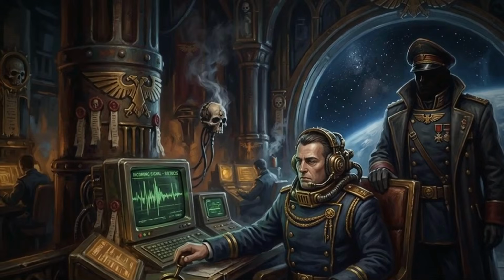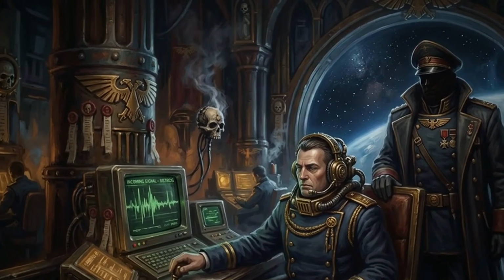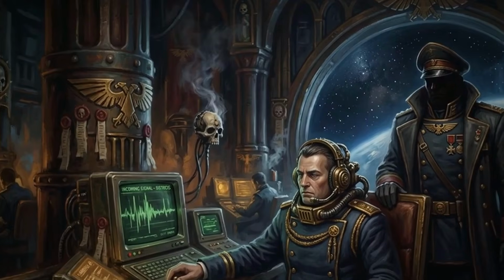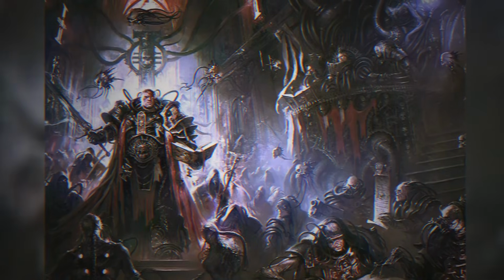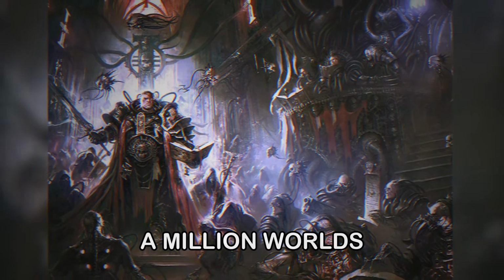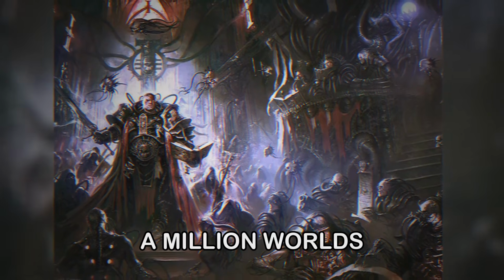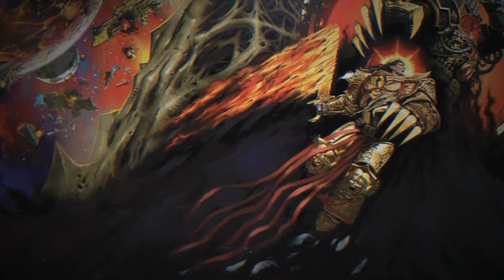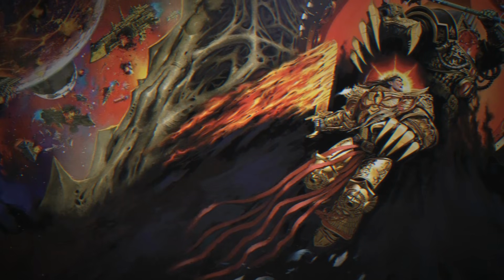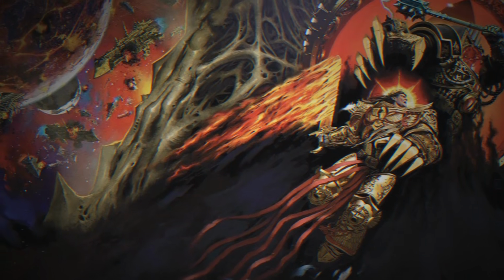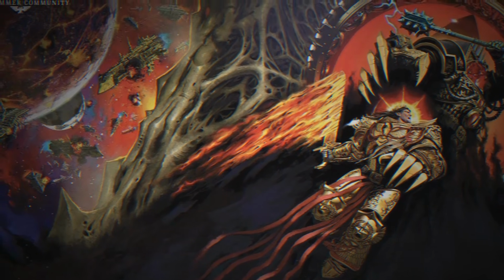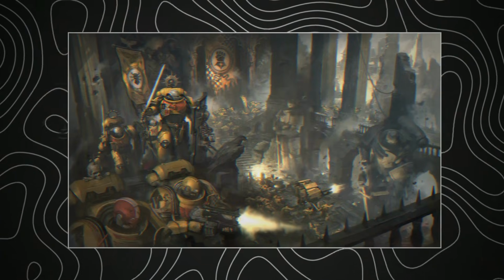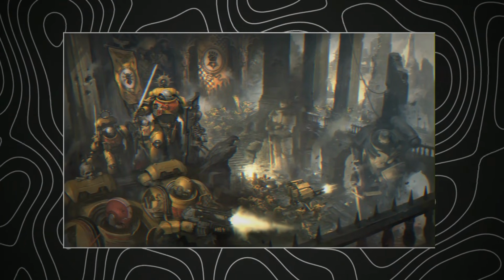Throughout this period, the Imperium's vast bureaucracy, the Administratum, became increasingly inefficient and corrupt. The sheer scale of the Imperium, encompassing 1 million worlds, made effective governance a near impossible task. Layers upon layers of bureaucracy, compounded by centuries of accumulated dogma and tradition, stifled innovation and hindered effective decision-making. Corruption became endemic, with officials siphoning off resources, engaging in petty power struggles, and prioritizing personal gain over the well-being of the Imperium. This systemic inefficiency directly impacted the Imperium's ability to defend itself.